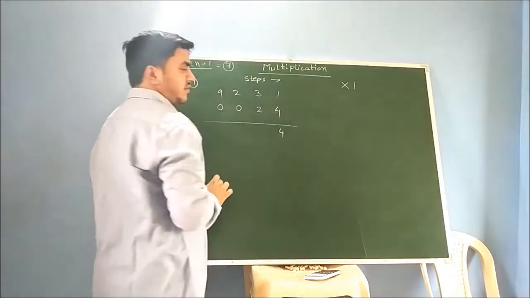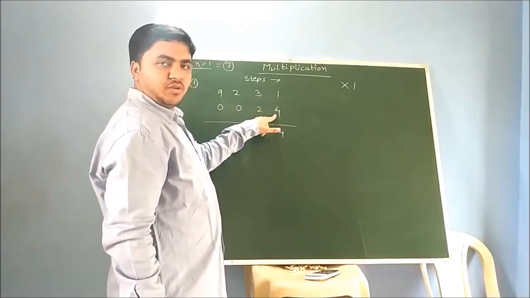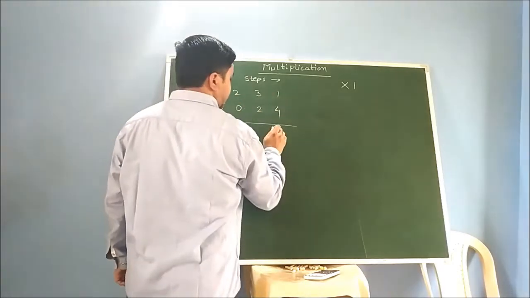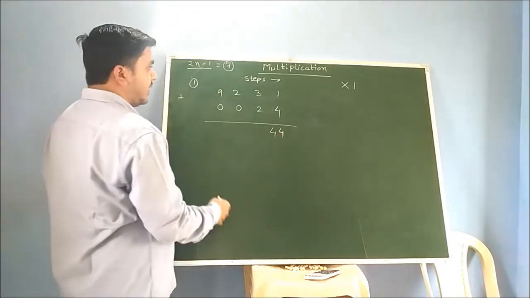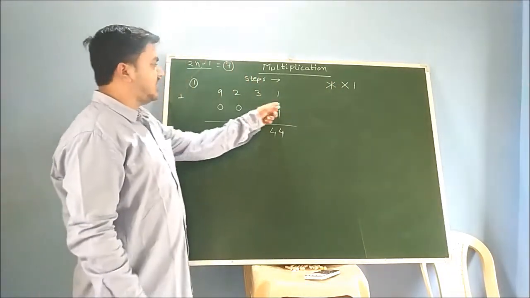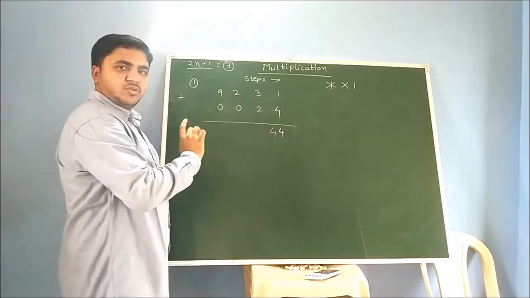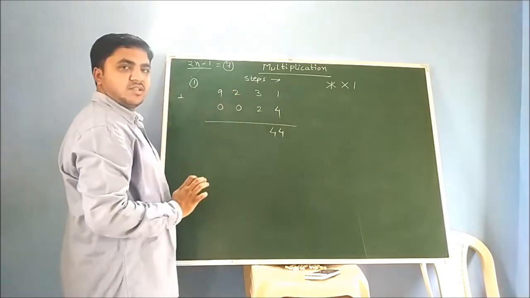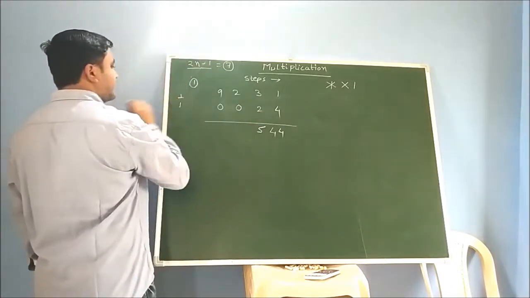Second step क्या है? One cross multiplication. That is 3 into 4 and plus 1 into 2. So that is 12 plus 2 is 14. Balance is 1. Okay. Next third step, you have to cross multiply and do vertical multiplication of these 3 digits. So then 4 into 2 is 8. 1 into 0 is 0, so leave that part. 1 into 0 is 0. So 4 into 2 is 8 and 3 into 2 is 6. So 8 plus 6 is 14, plus 1 is 15, and balance is 1 now.